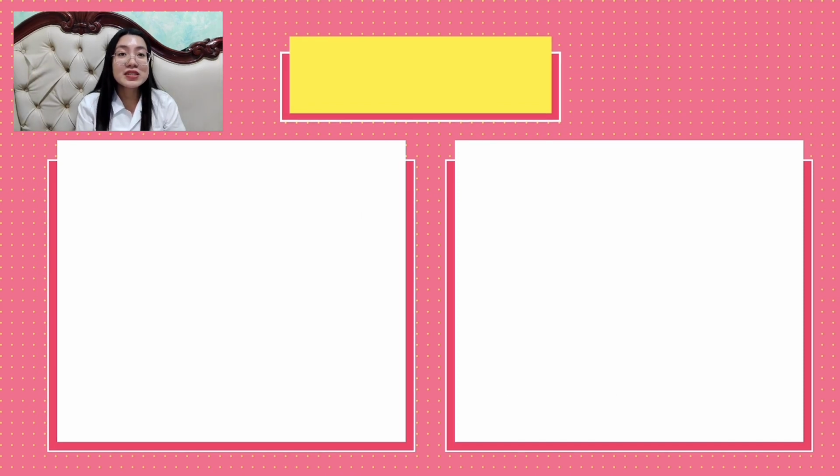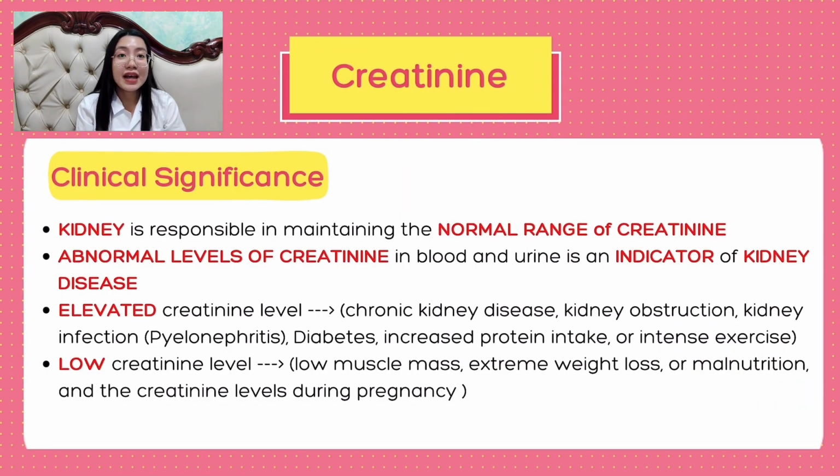The clinical significance of creatinine involves the kidney, and I said earlier that it is the one responsible for maintaining the normal range of creatinine. Abnormal levels of creatinine in blood and urine are an indicator of kidney disease, and to be specific, an elevated creatinine level indicates the following: chronic kidney disease, kidney obstruction, kidney infection, diabetes, increased protein intake, or intense